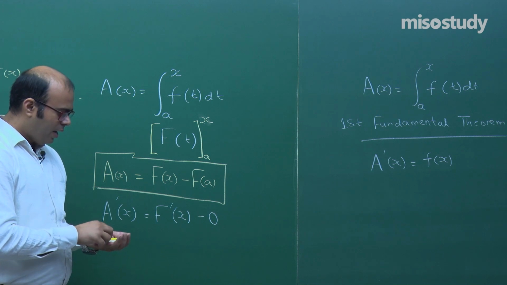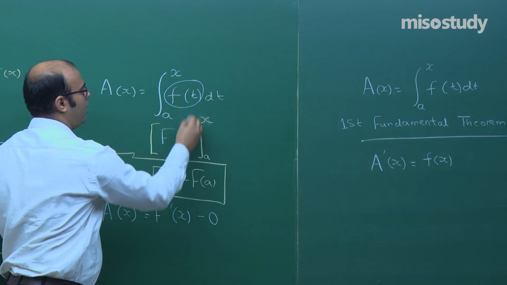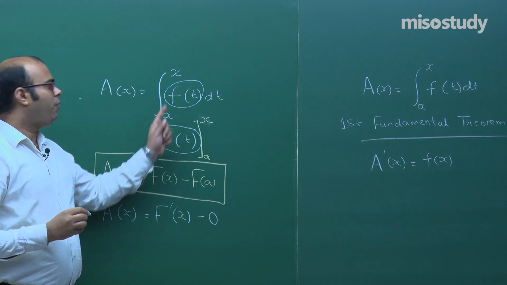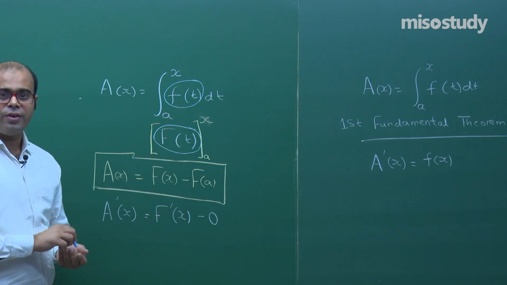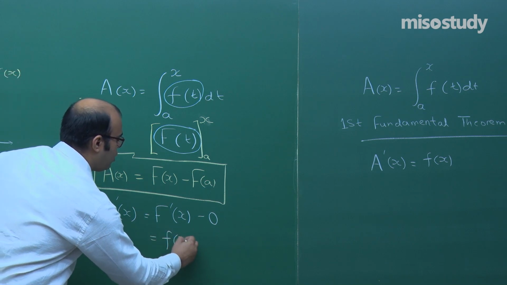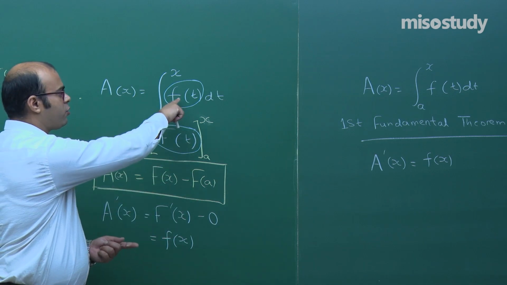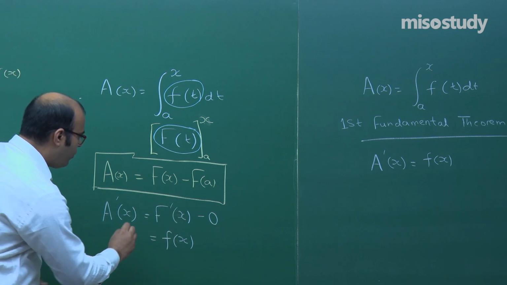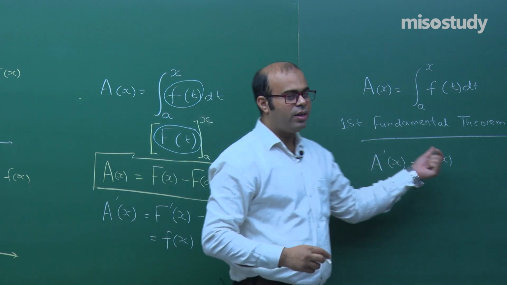Now we know that when we did the integration, we integrated a small ft to capital Ft. This was the integral of this. So if we differentiate this, we should get this. So if we differentiate capital Fx, we should get a small fx. So the derivative of capital Fx is a small fx, and the integral of a small ft is capital Ft. So the variable remains as it is. So we can say that A dash x is equal to fx, as we call it the first fundamental